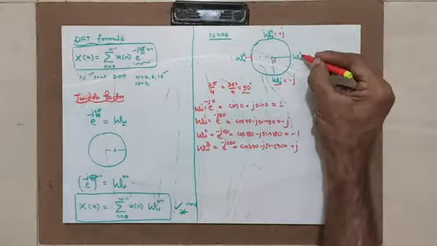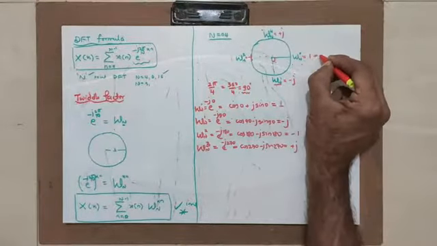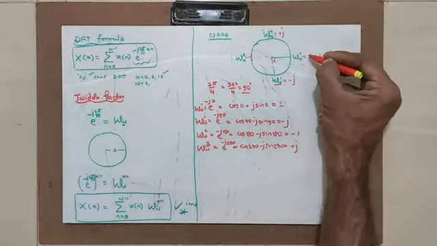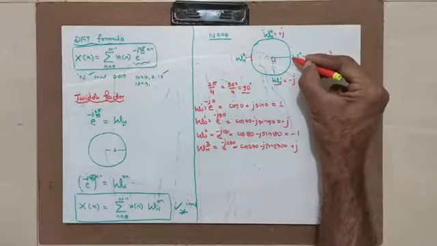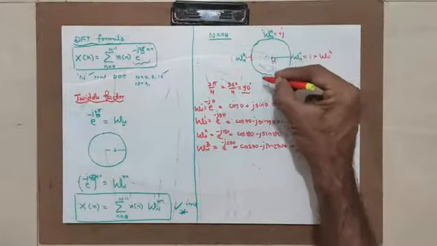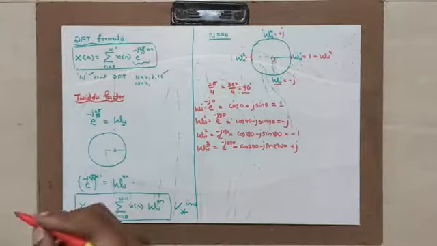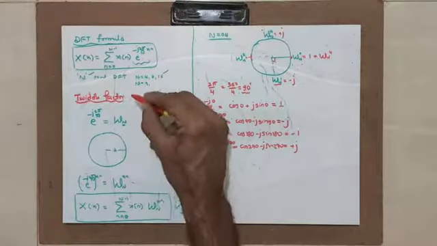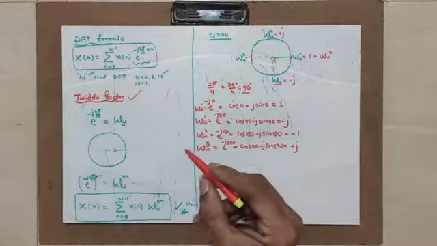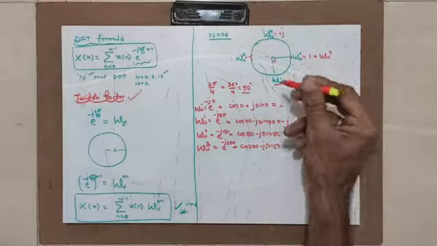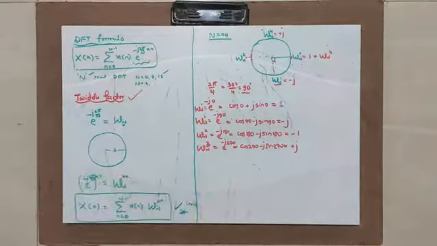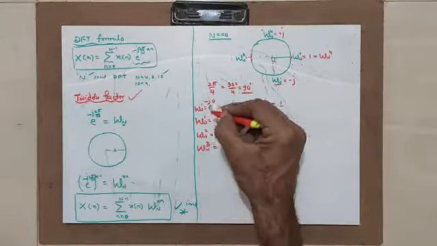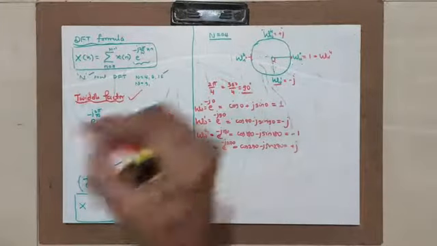Now what about W4? W4 comes to the same point. Hence this is W4, W5, W6, W7, W8. You see W8, we are coming to the same 360 degree point or initial point. Hence it repeats itself. Please note down two important points in the twiddle factor. Twiddle factor is the factor which divides a given unit circle into N equal number of points. You have to find out the basic angle. From the basic angle you can calculate all the values of the twiddle factors which are associated.